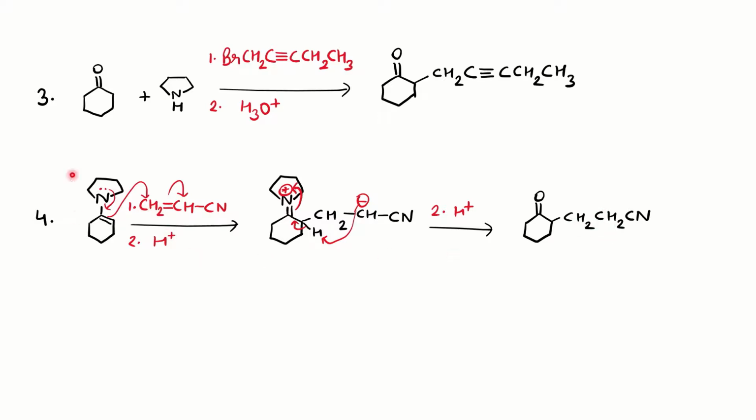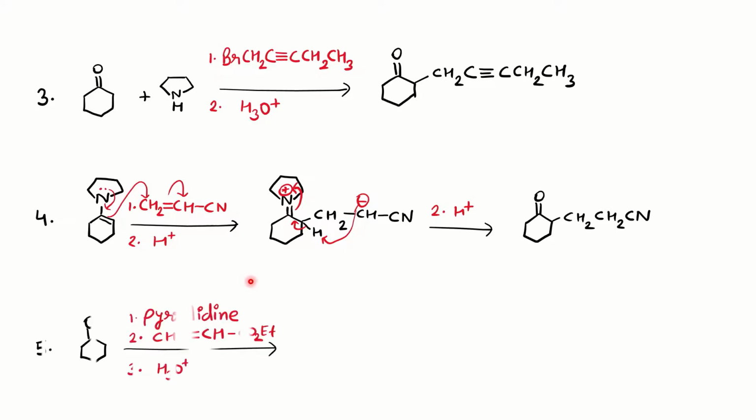Okay, so if you have to draw the product directly from here, we know enamine hydrolysis occurs in the presence of acid. So in place of this ring, you will get C double bond O, and at the alpha position you will have CH2, CH2, CN. Okay, so no double bond here because you don't have any leaving group here. This is a Michael type of addition, where an alpha beta unsaturated group is given to you.